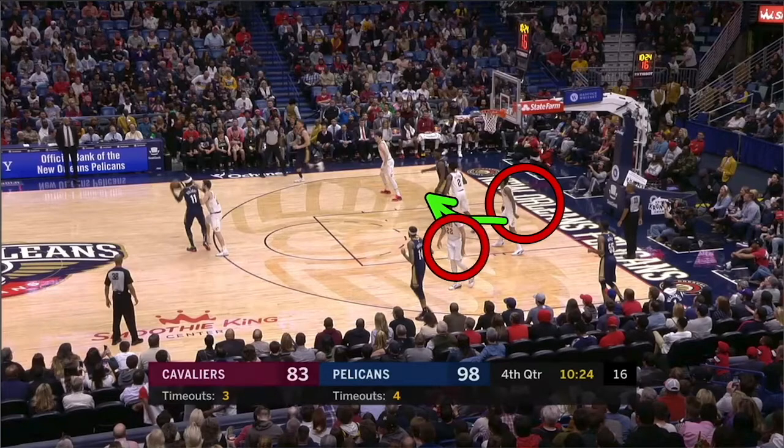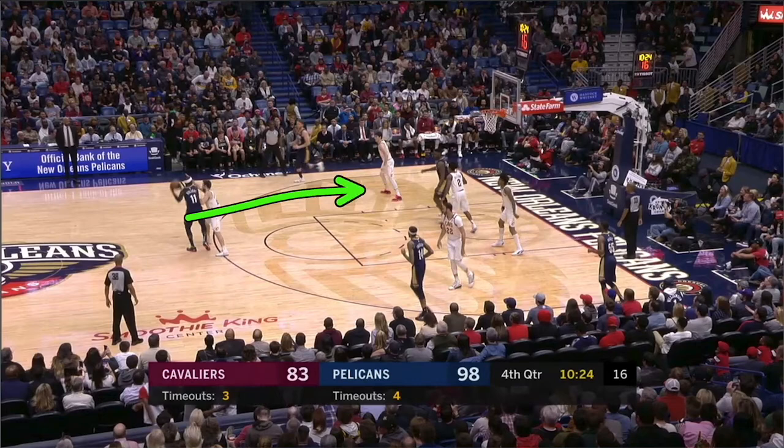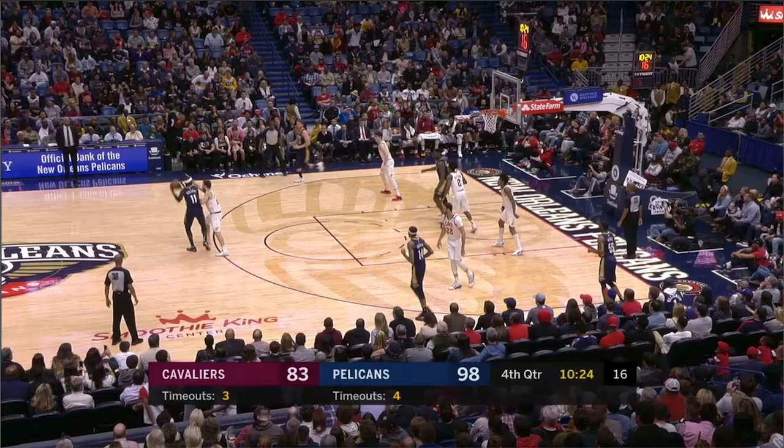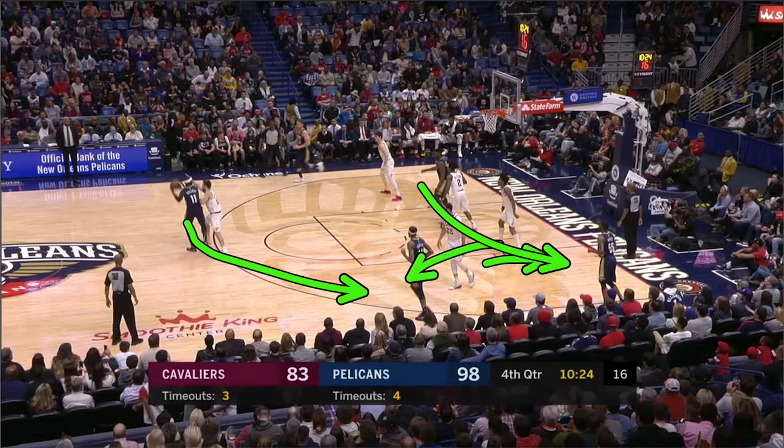Again, this player here then immediately sinks down, okay? And he'll occupy both Pelicans players 2 passes away. If a skip pass is made here, he rotates there, and then this player rotates up here. Or if he sinks down and the ball gets skipped here, thrown there, then this player rotates up there, and then that player goes from pinching in over the top to taking this man in the corner here.